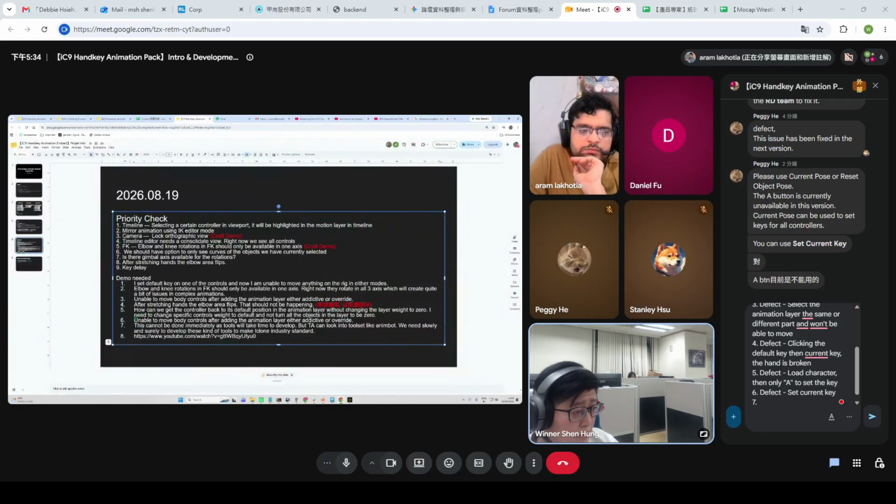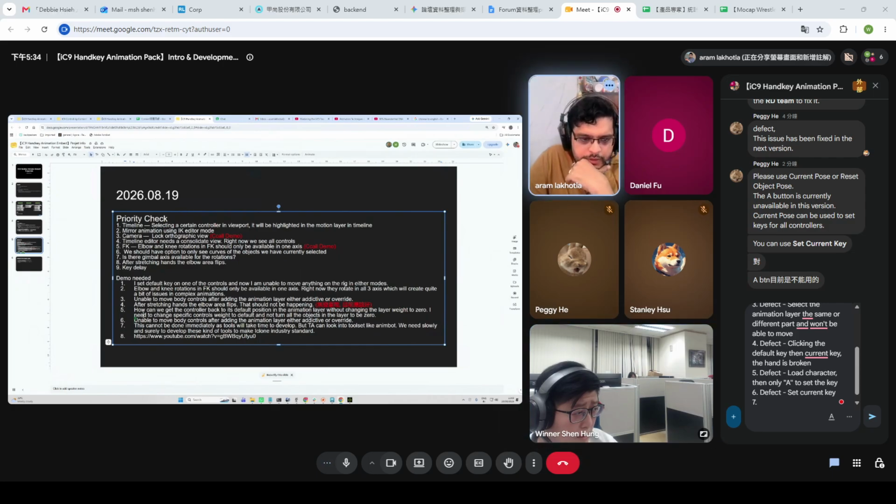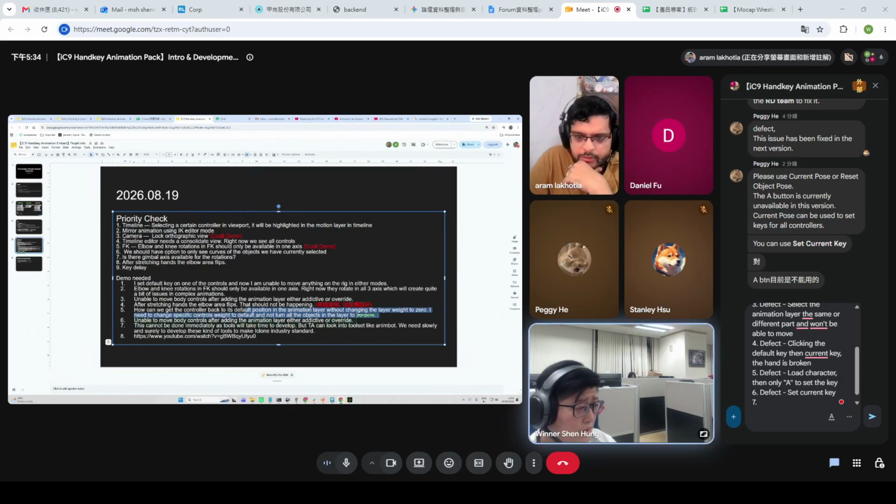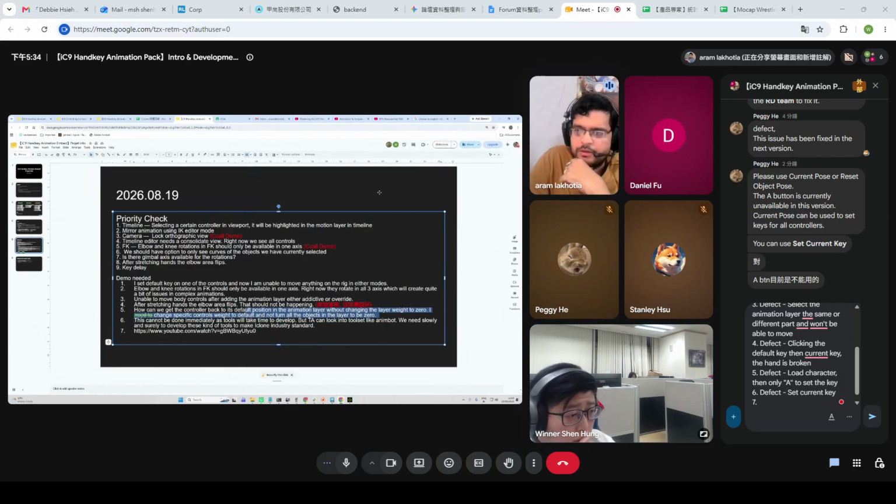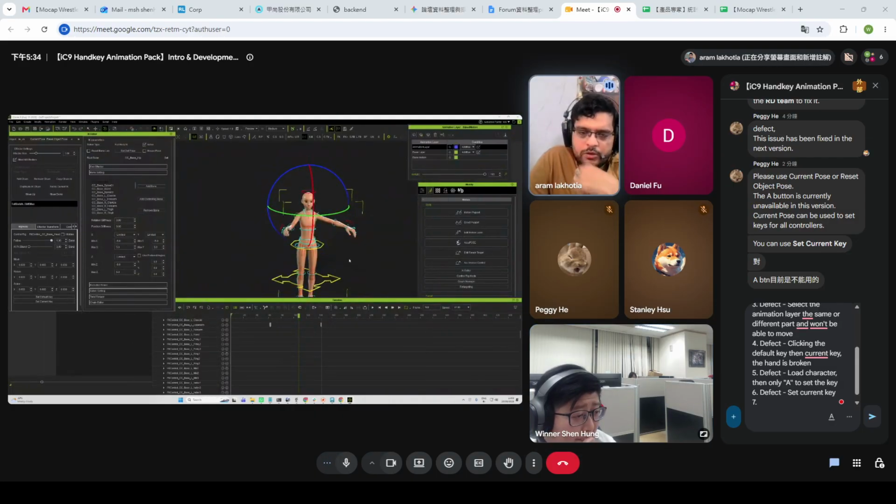Next, number 6. Unable to move body controls after adding the animation layer. I already showed you this. Okay, so it's actually the same. Okay. Yeah, but oh, okay. This one. I'm still on this one. Wait a minute. Wait. I'm still on this one. Okay. So